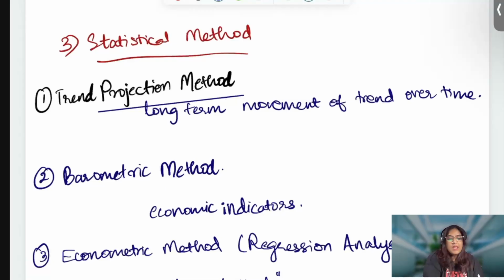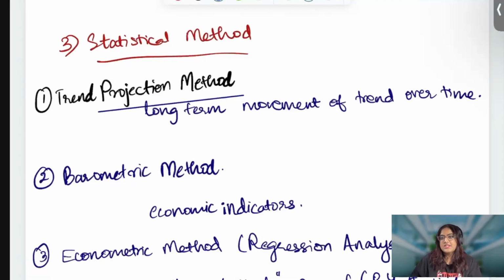or historical data, but it does not tell the why. It does not tell what is causing this particular effect, why the demand is increasing or decreasing. But when it comes to the econometric method, you will identify the cause and effect relationship between the demand and other variables around the demand. For example, demand quantity may depend on the price, income, advertising, population. So we'll build a mathematical model like QD, the quantity demanded, will be a function of price, income, the advertisement,